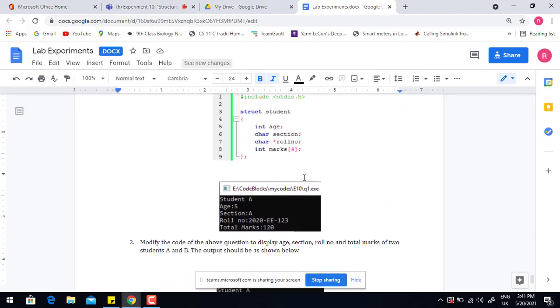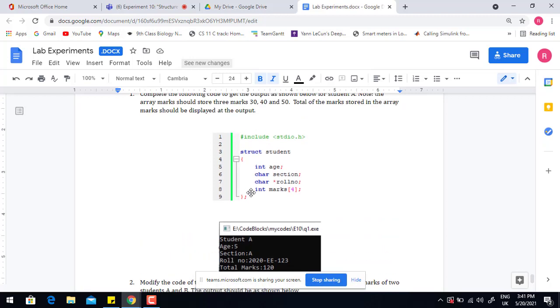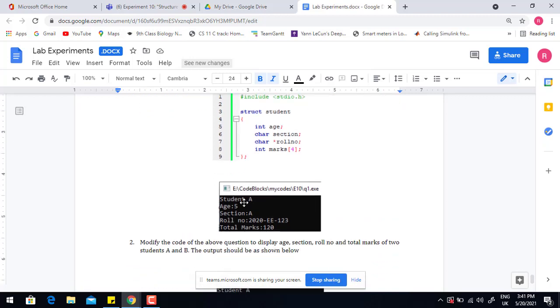So what you have to do in this task, you have to complete this following code so that this output is displayed. Age 5 is displayed. You have to store 5 in age and then display it. Similarly, you have to store A in section and then display it.